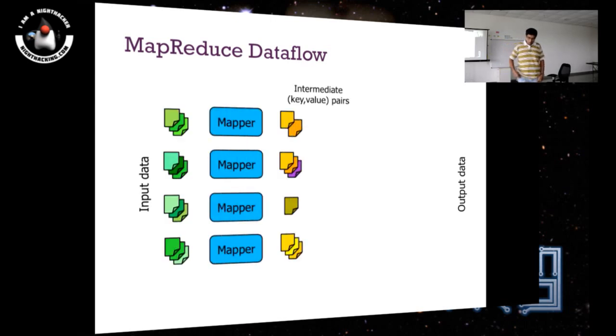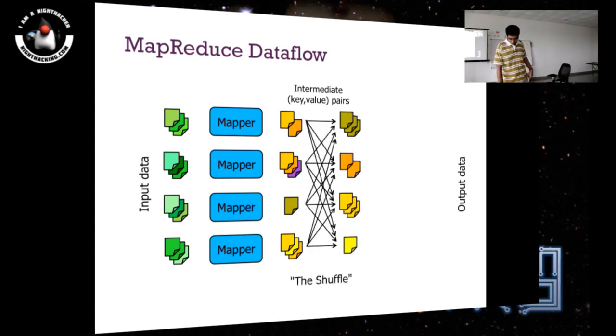All right. So recap of what we just said. This is the data flow. You have the input data. All your input data feeds into mappers. Mappers create intermediate key value pairs. Intermediate key value pairs then flow into